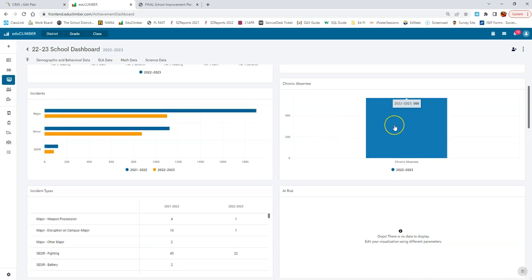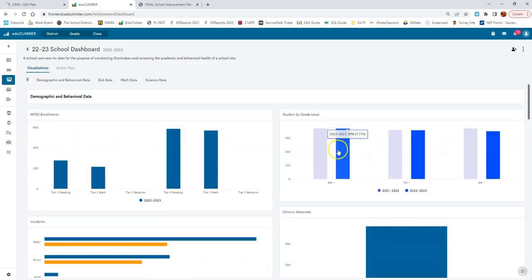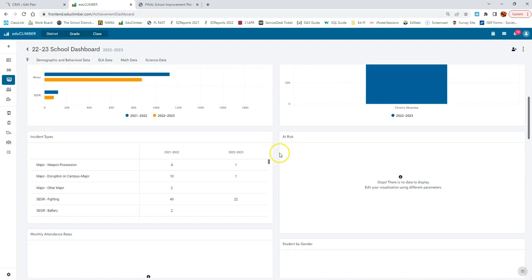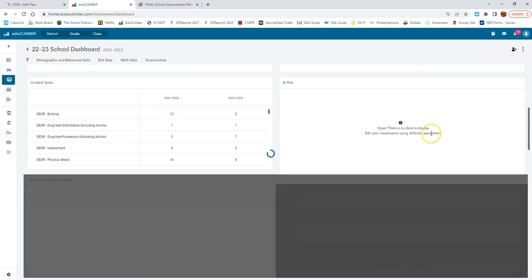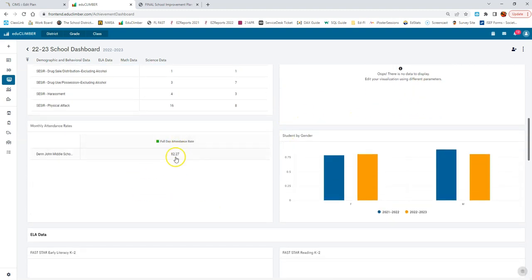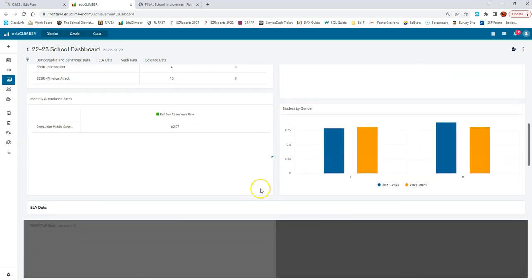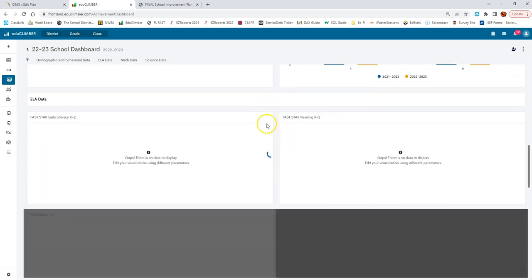I can see how many of my students met the threshold of being chronically absent, 566, which is about half of my student population, dropping below that 85% attendance threshold. And I can see each of the types of referrals, what the changes were between years. You also have your full day attendance rate, your gender differences in your population, and then we start to dive